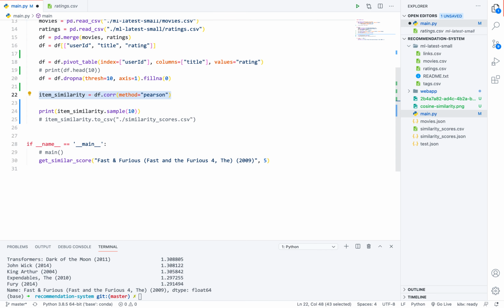Here we are calculating a similarity. Basically, if you see the syntax, CORR stands for correlation, and I am just passing a method, Pearson.